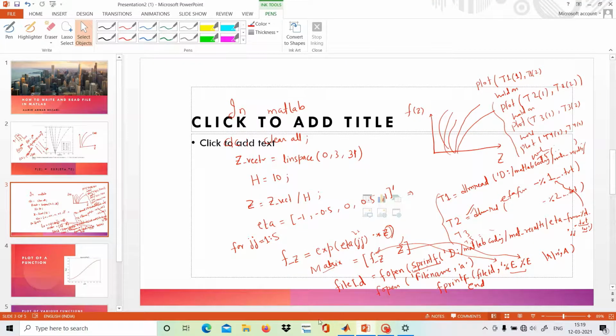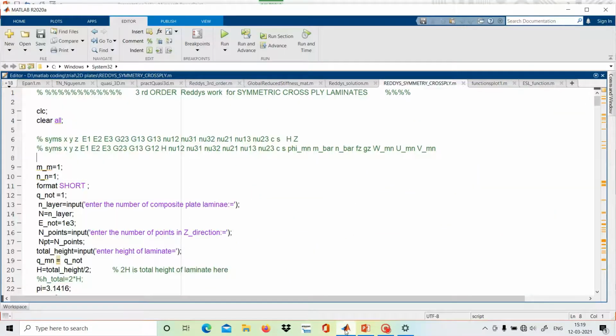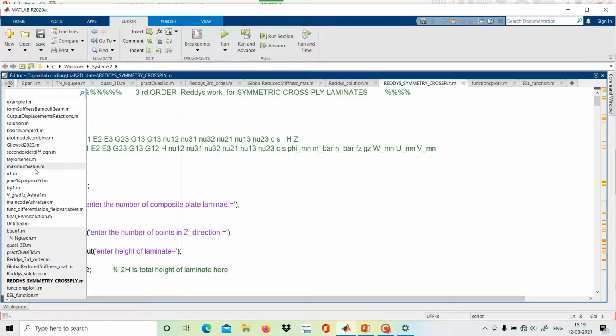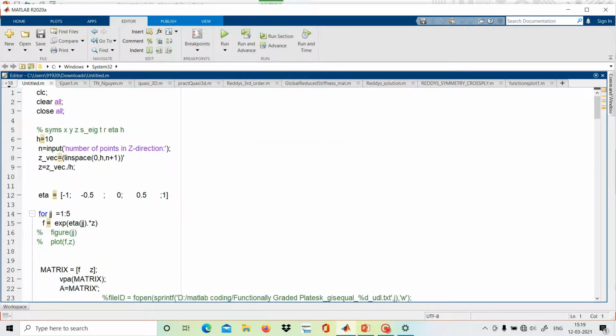So we will go to MATLAB. So this is the code. We have just written clc, clear all, close all. H equals 10.